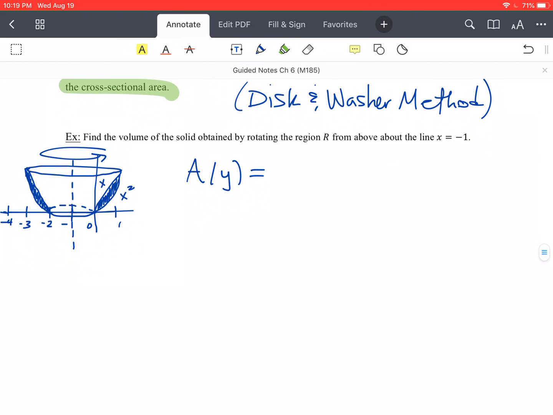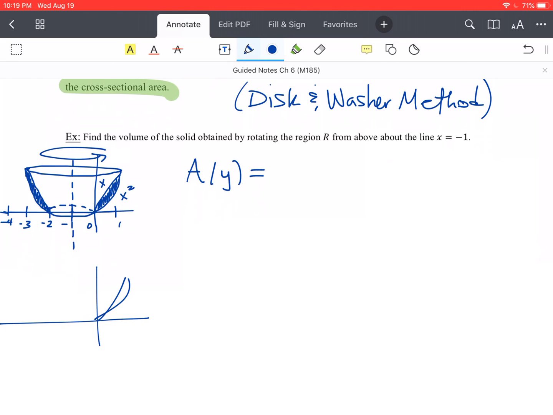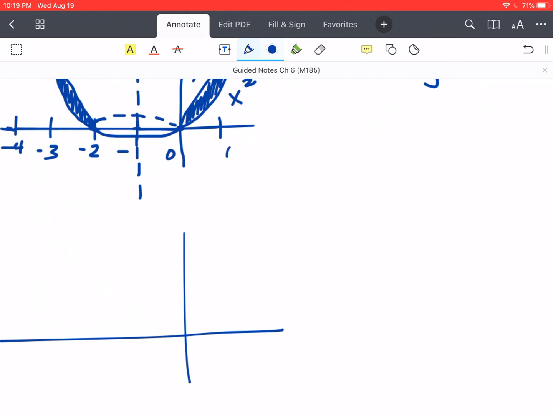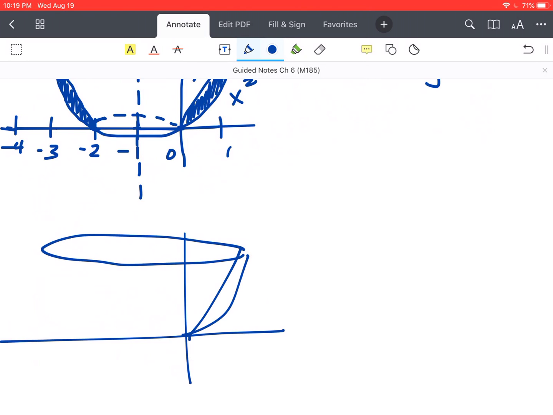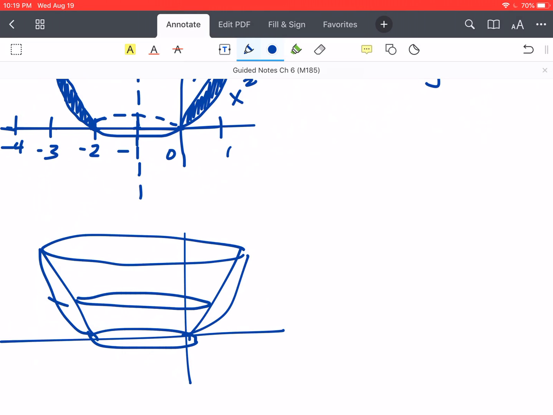So if we have, let me just give another quick sketch here. Okay, we draw our cross-sectional area. It is a washer in this case, right, because it has that open hole in the middle